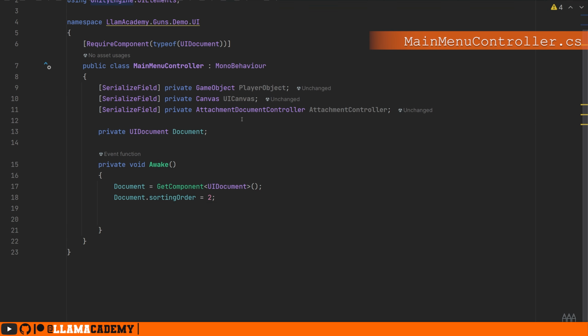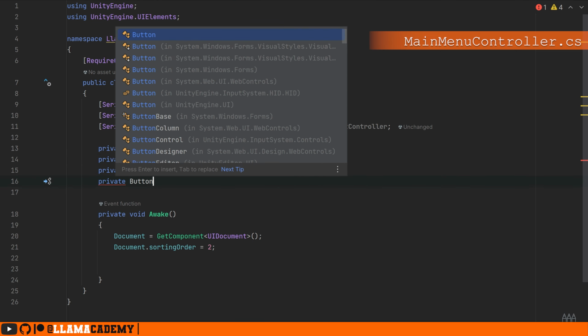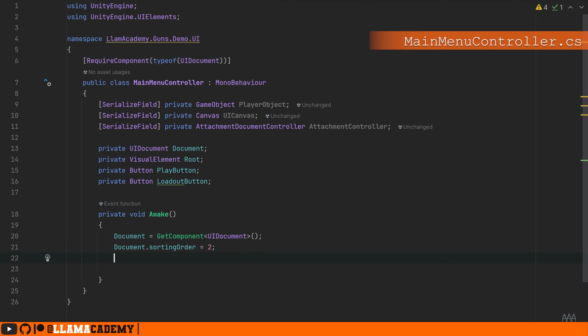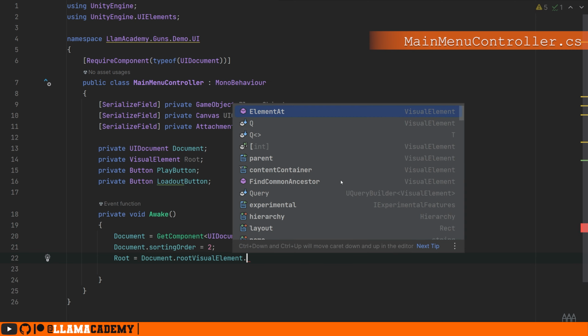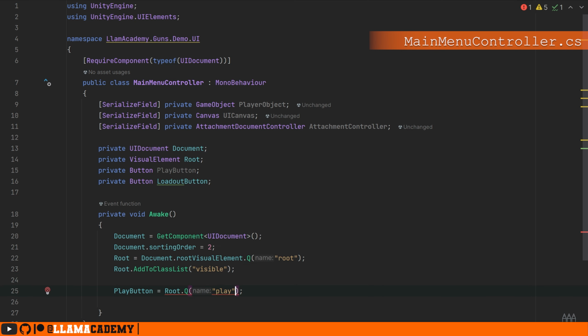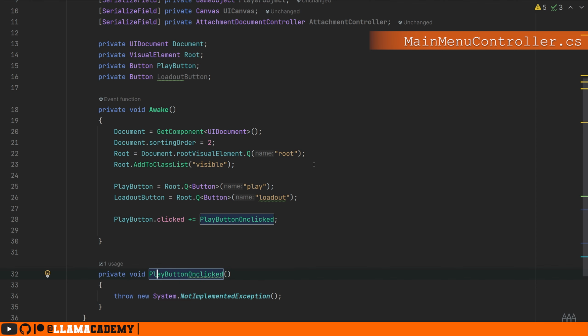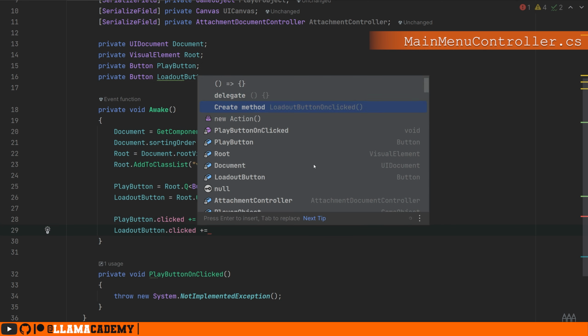We're going to need a couple references to what's on the UI document, like the root visual element, the play button, and the loadout button. So we'll query for root on the document root visual element by name, root. We'll add the visible class. That way we can fade out later. We'll get references to play and loadout buttons. And we'll want some callbacks on these whenever we click them to do something. We'll come back to the play button on clicked. For loadout,